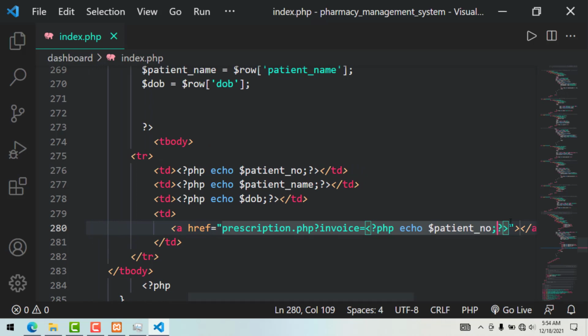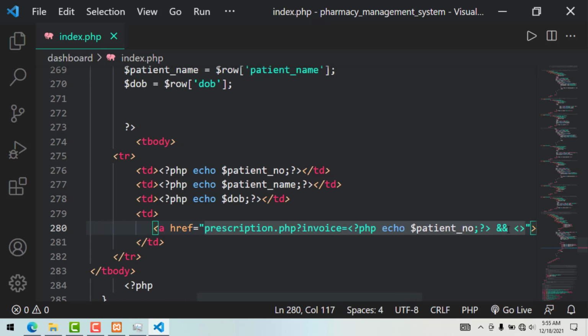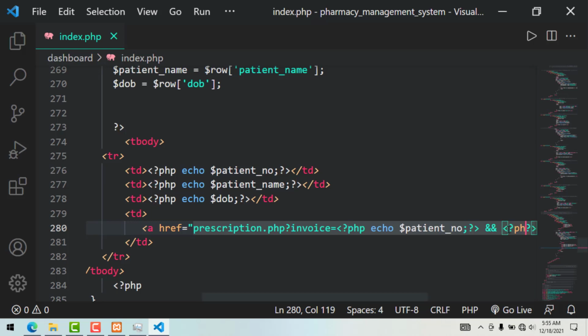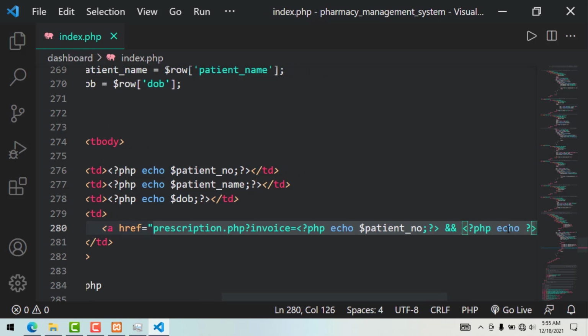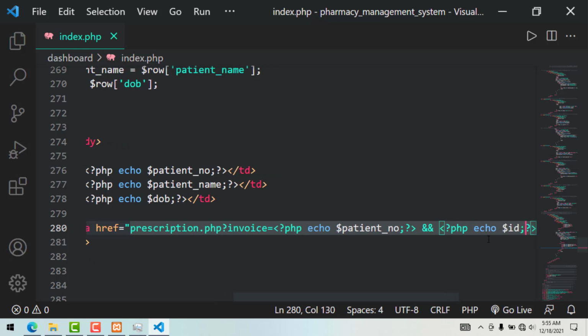So I'll just come and say and, so here I want to echo the patient ID, so just say PHP echo ID. So I should set this to be ID is equals